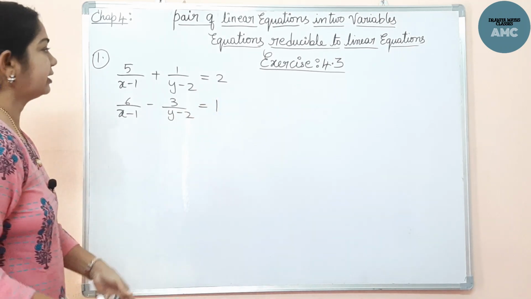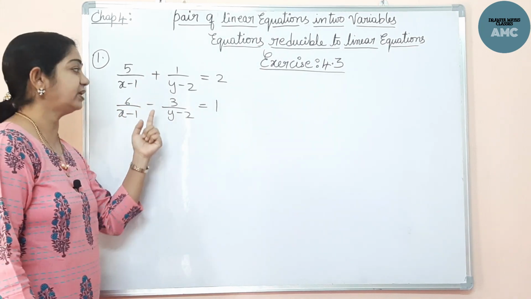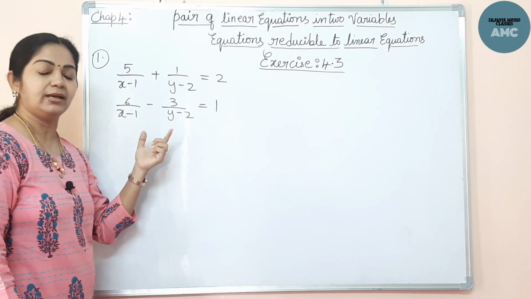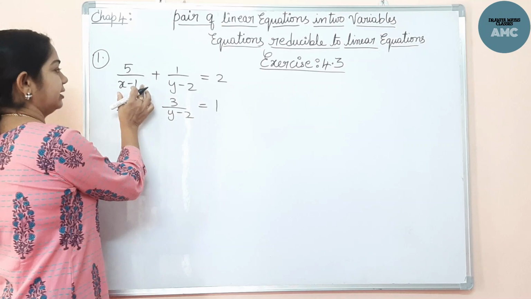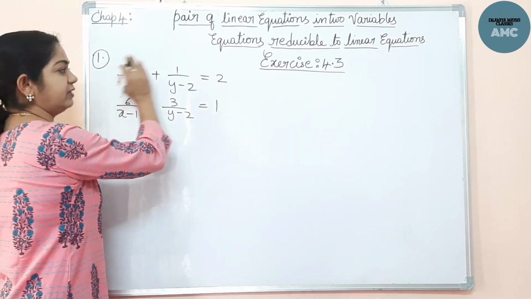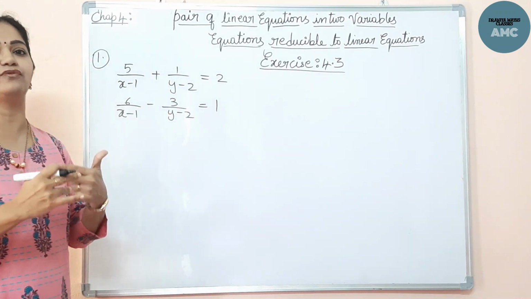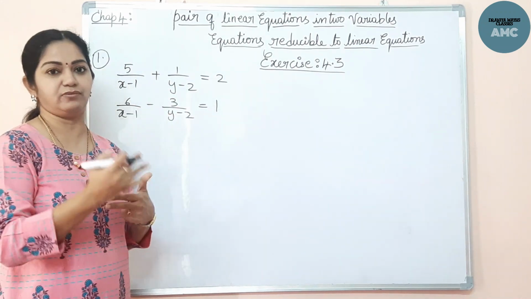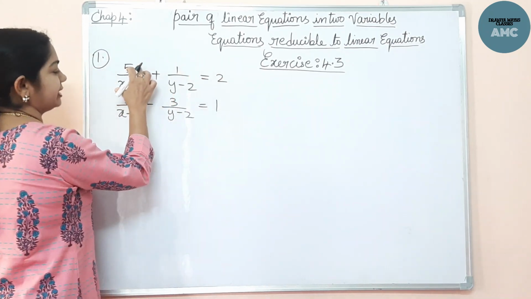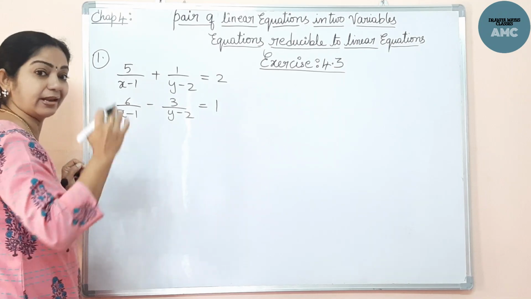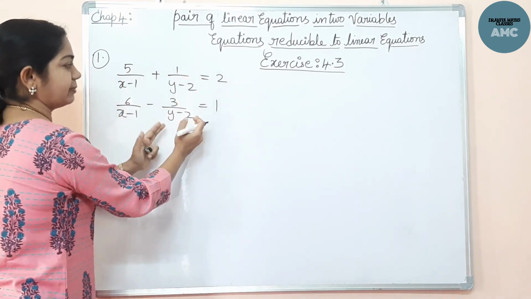Clearly we can see that this is a pair of equations, but they are not linear, because linear equations are equations having degree 1, and here there is no degree 1. So we will reduce these equations to linear equations, then follow the algebraic method to solve them. We will take some common things as another variable. Given here are x and y variables, and we will sort out some common things.